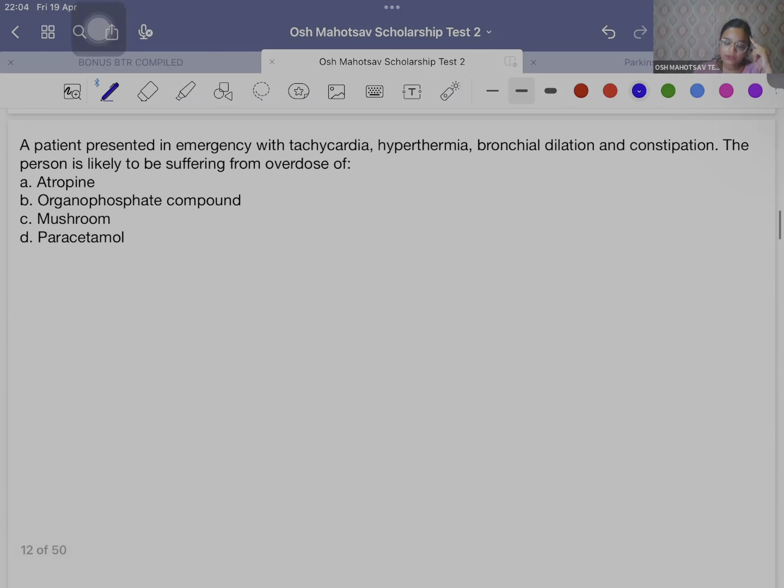A patient presented in emergency with tachycardia, hyperthermia, bronchodilation, constipation. The person is likely to suffer from an overdose of what? So what is the diagnosis? So if you know those SLUDGE symptoms, I hope you know what are the SLUDGE symptoms I am talking about. So the SLUDGE symptoms we are using for